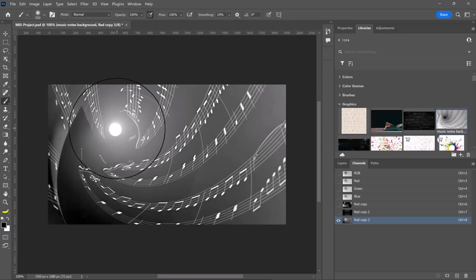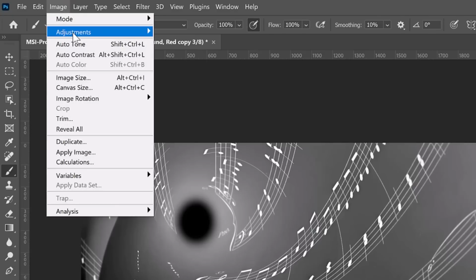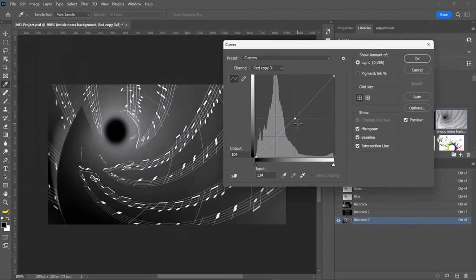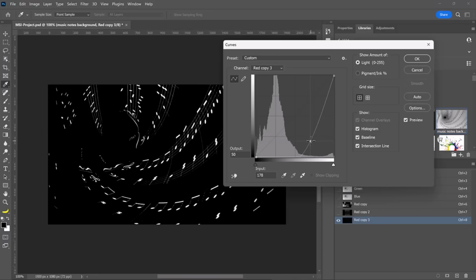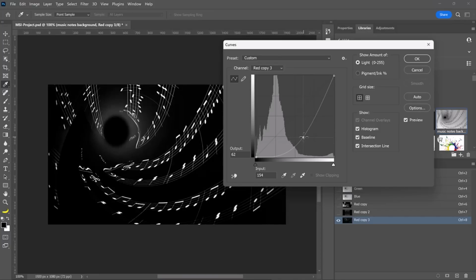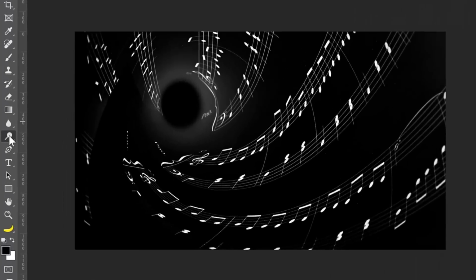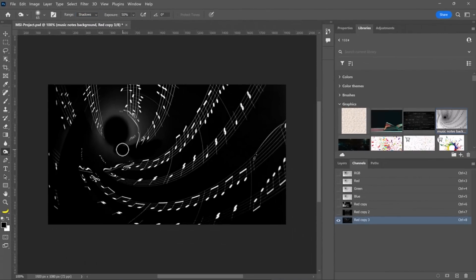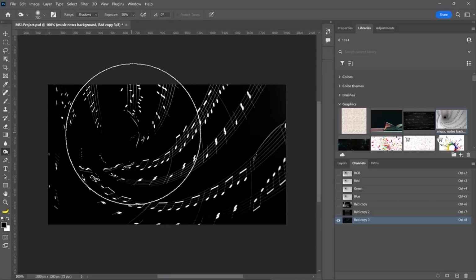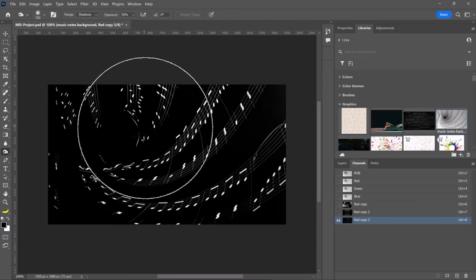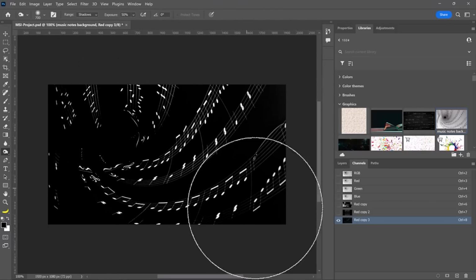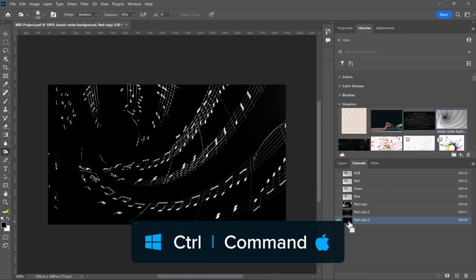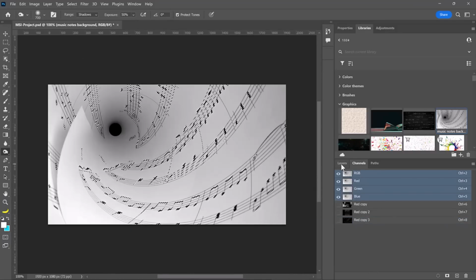I'm not going to want that white circle in the background there, so I'm just going to make it black for now. And then I'm going to go into Image, adjustment curves, and I'll just drag down like so, just so that we have the music notes. I'll press OK. And then with the burn tool, I'm just going to make sure that range is set to shadows so that I only affect the shadows. And I'm just going to paint with that tool here on top to make sure that these areas are black, but everything remains white. Then I'll hold Control, click on the channel thumbnail, go back into RGB, then layers, and